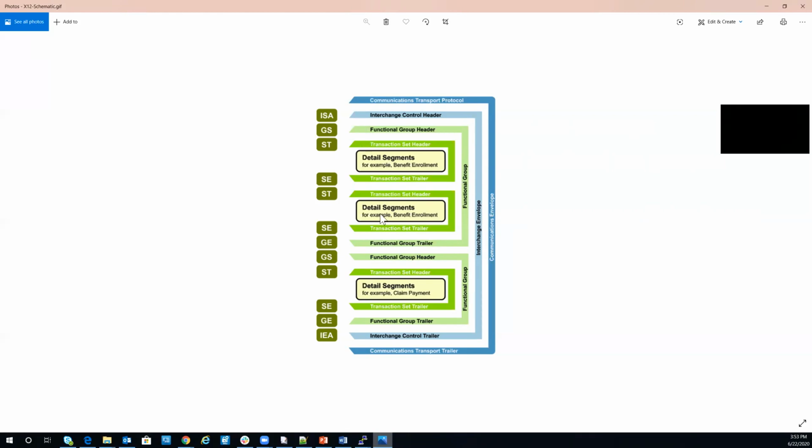So let's say, specifically for this, I have two 834s and I have a claim payment, which is an 835. That's not a benefit enrollment, so it's not going to be in that functional group, but it's going to be within its own functional group. And then the whole thing is encapsulated in that outer wrapper called the interchange control envelope, or interchange header value, ISA and IEA. And it's saying the communication transport protocol. So for example, is it going over AS2, over HTTP? What protocol are you